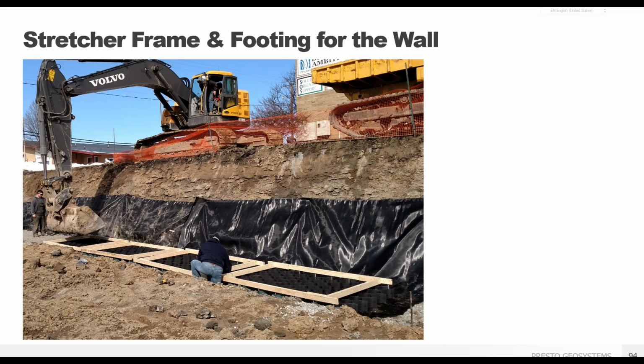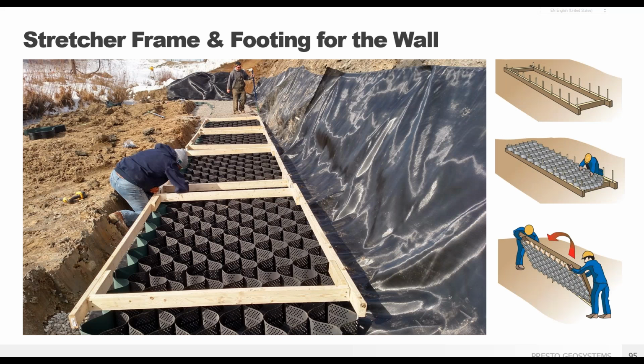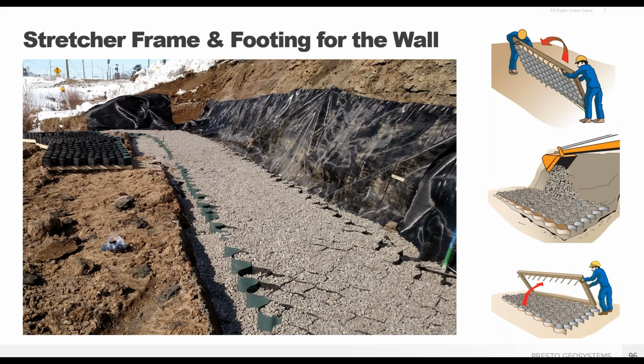Here are the stretcher frames from another angle. The stretcher frames are placed spikes up, and then the GeoWeb is placed over your stretcher bar. Once the section is open to optimal size on the frame, and GeoWeb are flipped over, making sure the fascia panel faces the proper way for your site install. Once the section with frame is in place, infill can be placed and then the stretcher frame lifted away.